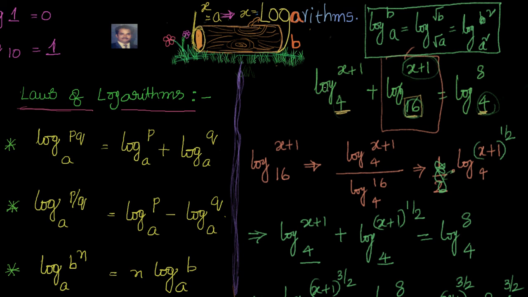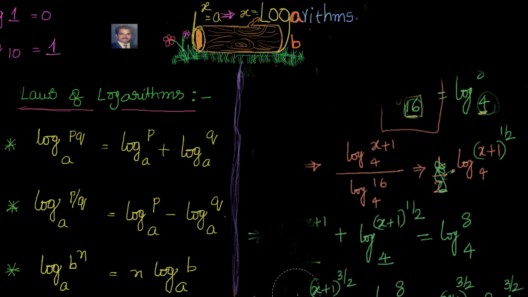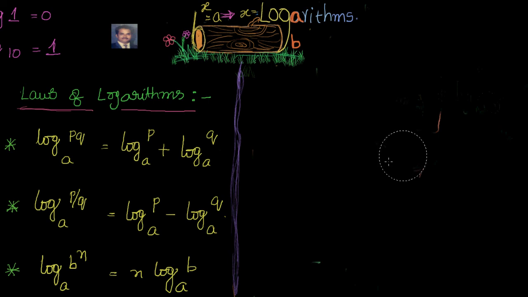But remember, the point is, if you are taking a square root of the base, the value also will take a square root. If you are taking a cube root, the same thing applies here. If you are squaring it, the base also will be squared. So that's how you can convert the bases easily. If you are not comfortable, you can directly do it in 2 steps and you will get the same answer.